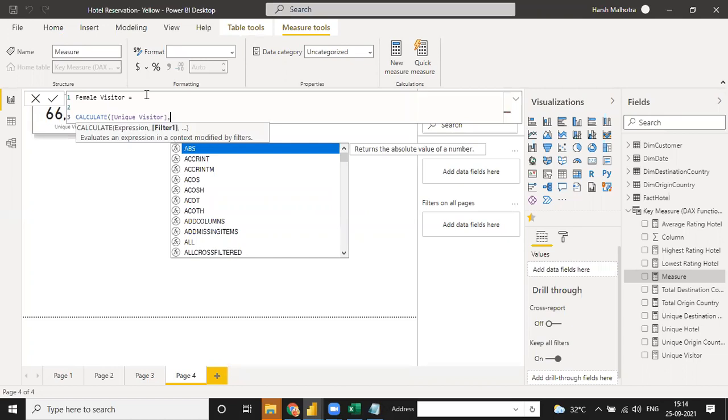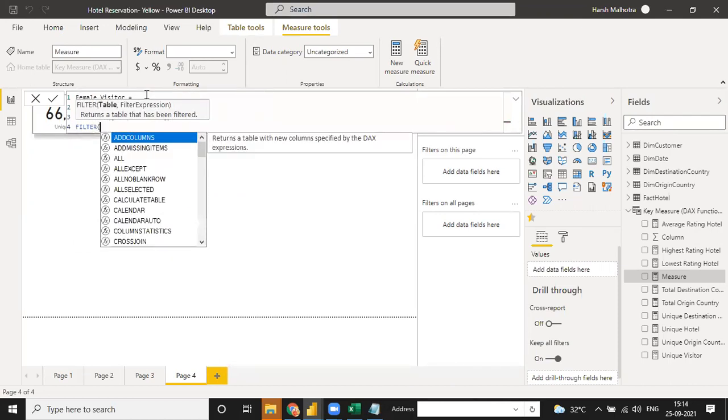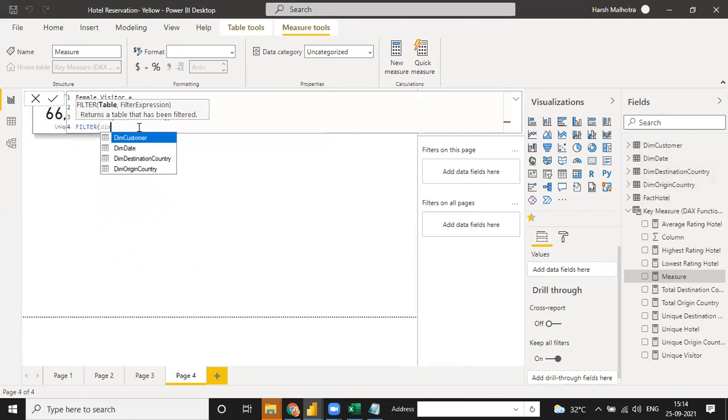Then I use a FILTER function as well. There are many things you can use, but I need a filter of unique visitors to find out only the female. So FILTER uses a table. In which table do you have the total customers? See, we have a customer table. So you can go to the dim customer table and filter.